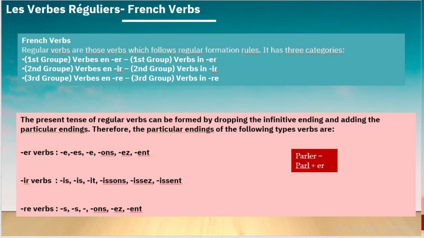There you go. Parler. This is a sample that I have taken. All er ending verbs will be conjugated like that. There will be exceptions. There are always exceptions, and we'll talk about them as well. Okay, let's start. So what did we do? From parler we removed the terminaison, which is er, and we added these. So it became parle.